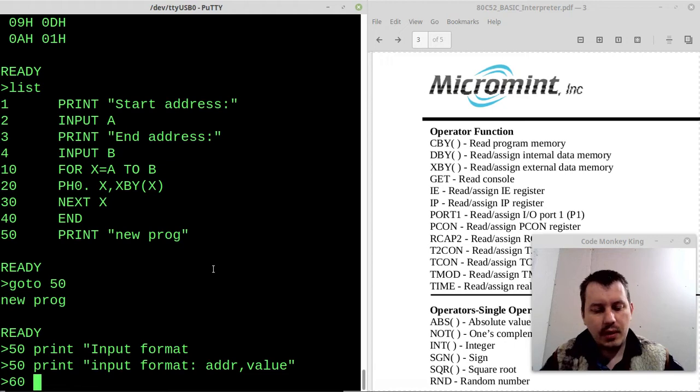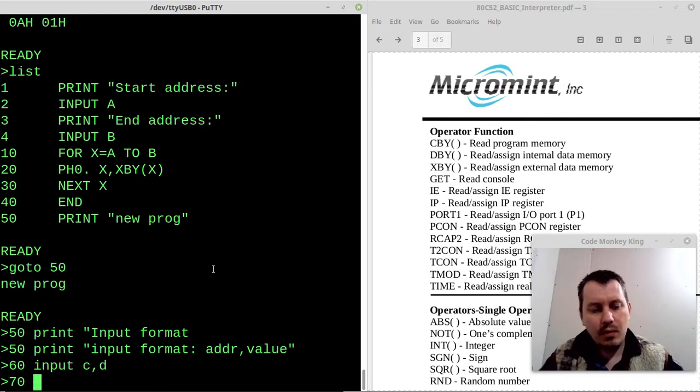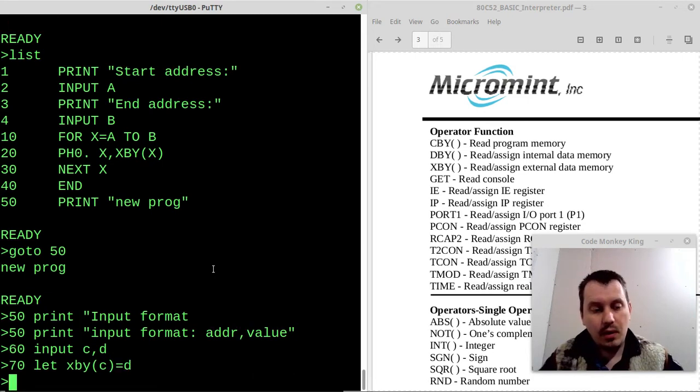I can simply say input, and so A and B are taken. So for instance, A, B, like let's say C and D, all right. And then at 70, we want to say let XBY indexed by C, which is the address, is equal to D, which is the data, right? And then actually, to make sure that we did input this data, we can actually go to